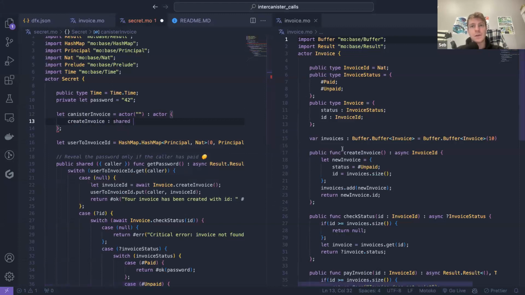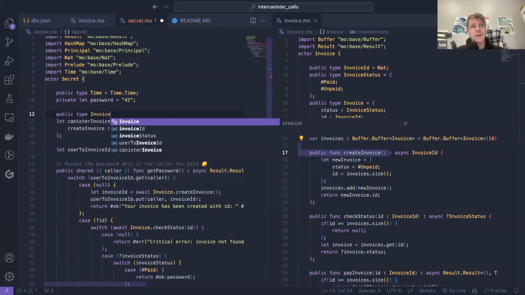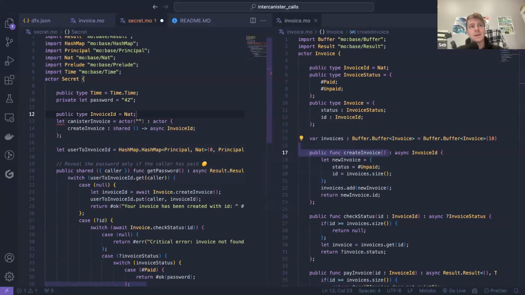Create invoice is a function that takes no parameter and returns an invoice ID. So we need to specify that type; we need to import the type invoice ID. Invoice ID is a Nat. And maybe we also want to do